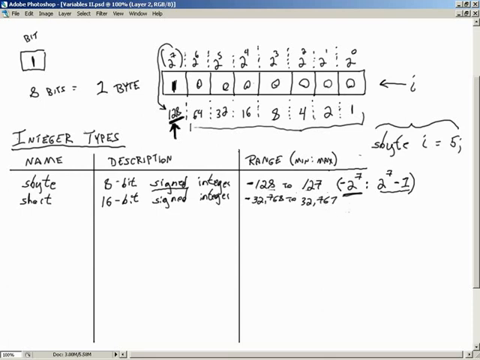So what does this look like? Basically, we're saying we can go minus 2 to the 15th, so that's negative 2 to the 15th power, to positive 2 to the 15th power minus 1. Now, some of you may be sitting there thinking, oh, my math skills are rusty. Oh, that looks so scary. Oh, come on, pull out a calculator. Figure this up. You know, if I drew out 2 of these bytes, okay,